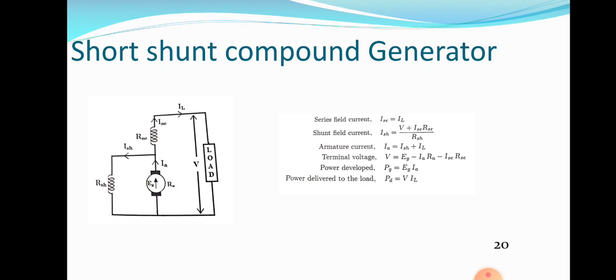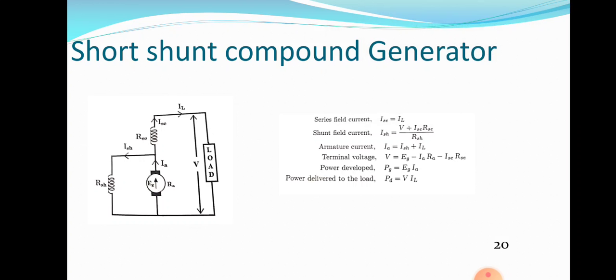There is one more thing you have to understand: whether it is long shunt or short shunt, there are two field windings. One is shunt field and the other is series field. Electrically stronger winding is shunt field. Shunt field winding can produce more flux than series field winding. If the flux produced by the series field winding aids the flux produced by the shunt field winding, total flux increases and generated EMF increases. Such a compound generator is known as cumulative compound generator.